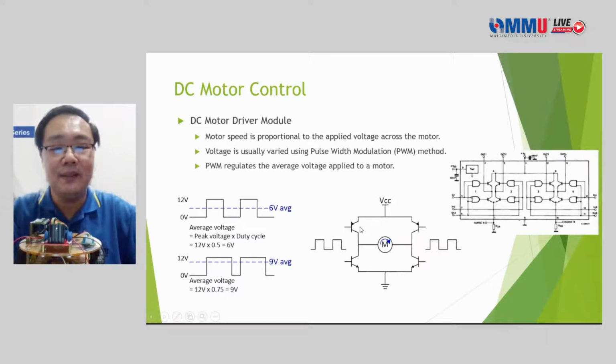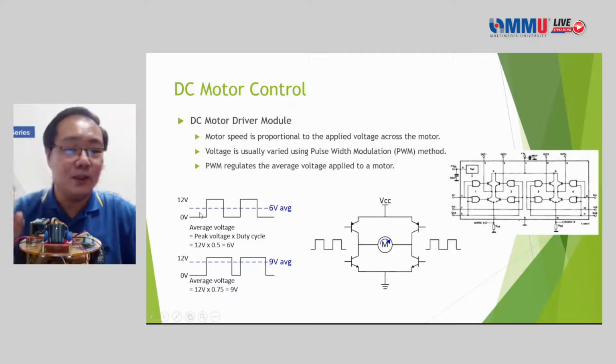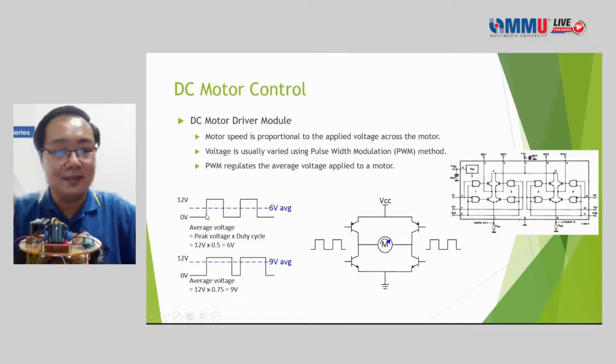So for example, let's say this transistor and this transistor turn on, then what happens is current will flow through the motor in these directions, right? If this transistor and this transistor are turned on, then the current will flow in the opposite directions and the motor will change directions. Then at the same time also, we can use pulses to control the speed